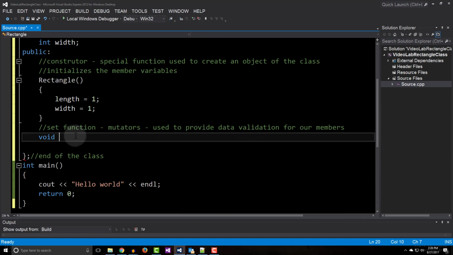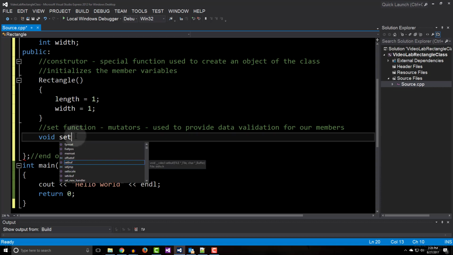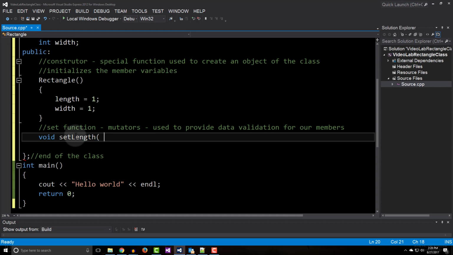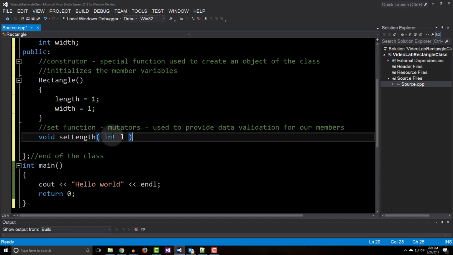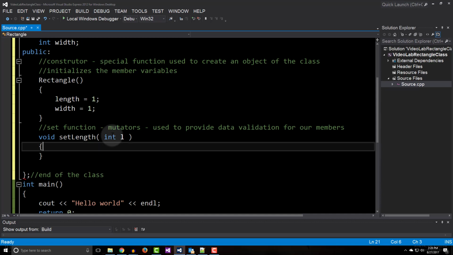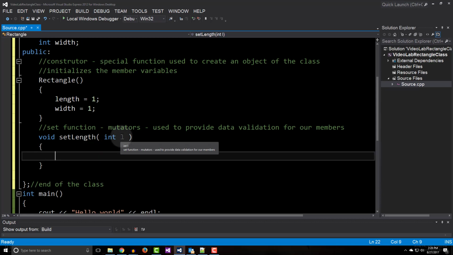Okay, so void here for our set function, and we're going to call this set length. Our set length is going to be a function that takes an argument. It's going to take an argument of an integer, since our length is also an integer. And we'll use an L for the formal parameter. Right, remember this is an L, not a 1. And then our set function,